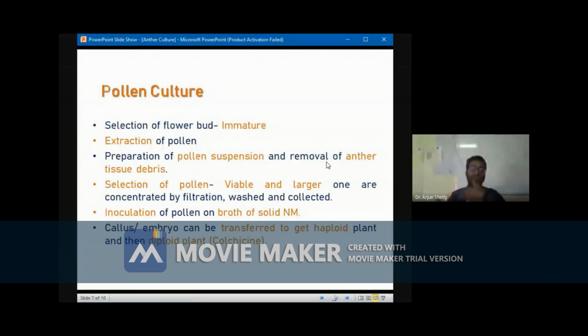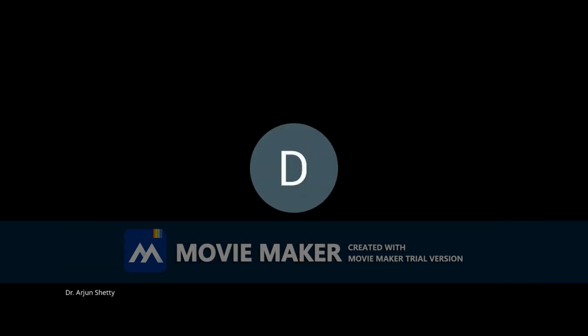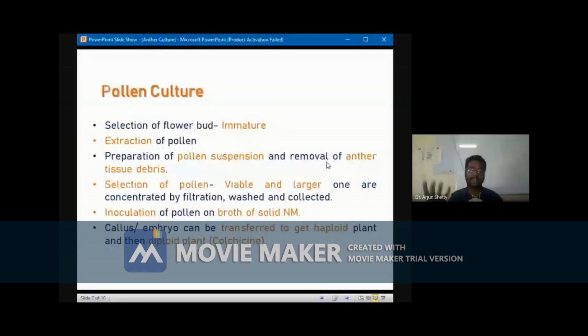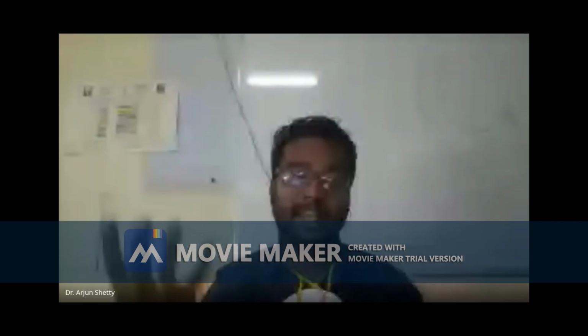After that, you need to go for extraction or isolation of the pollen grains. Here we are not supposed to stick to the anthers. Only the pollen grains from the anther have to be selected,